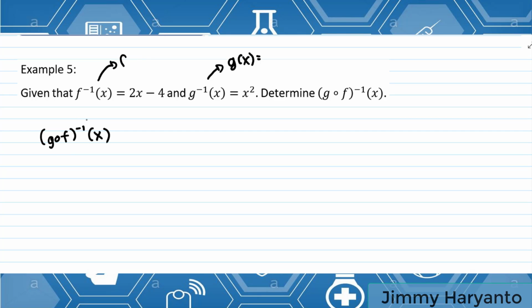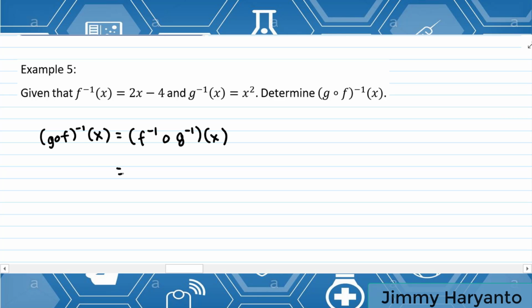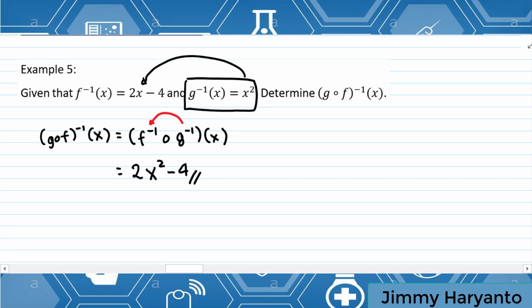Tapi coba kamu bayangin kalau kamu bisa pakai formula yang di atas. Di atas kita udah eksperimen, itu ternyata ini tuh hasilnya sama kayak f inverse o G inverse x. Sama ya. Jadi kita pakai ini aja. Kenapa pakai ini lebih gampang? Lihat, G inverse tinggal dimasukin ke f inverse. Langsung dapat karena kita dikasih taunya G inverse and f inverse. So we have to put the G inverse into f inverse. It will be 2x squared minus 4. Satu baris selesai. Daripada tadi 4 langkah ya, lama itu.